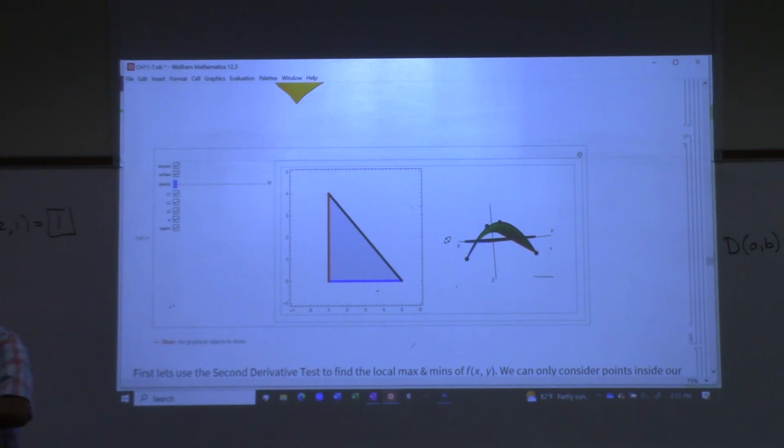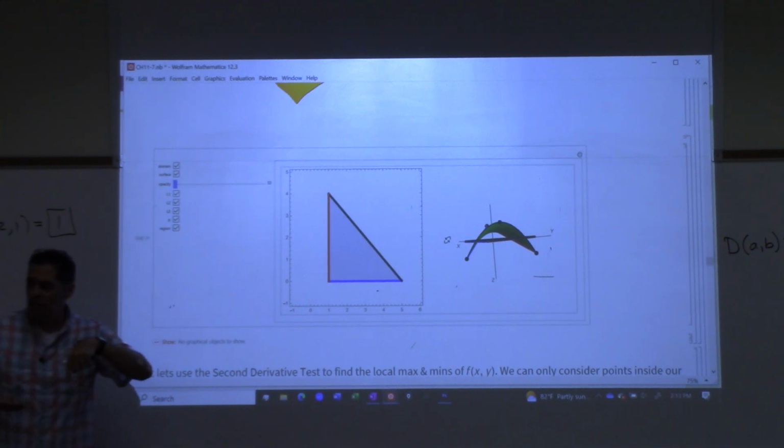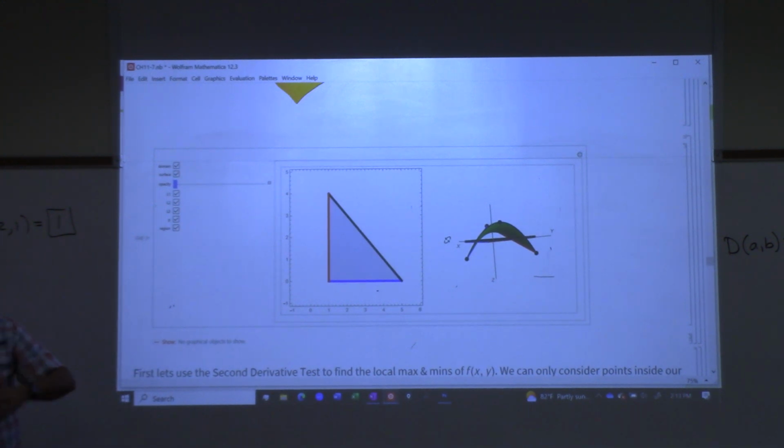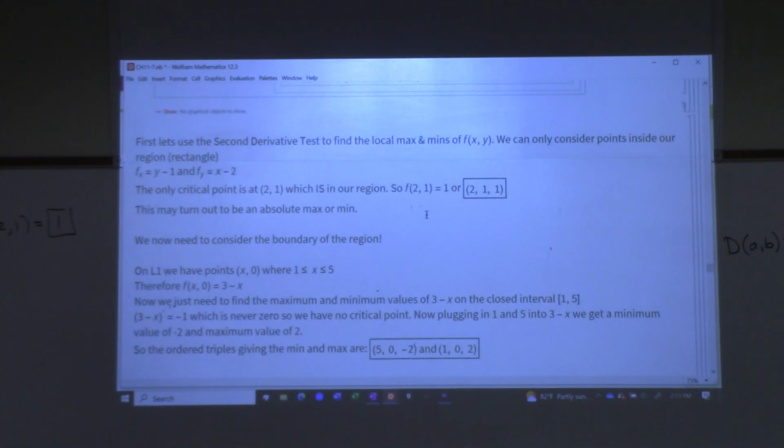You're taking this region. Your first step, you're just going to look on the inside and see, do I have any places where I might have some peaks and valleys? And then you're just going to work your way around the regions. Tedious, right? This is tedious. It's tedious, but it's, I'd say it's not,